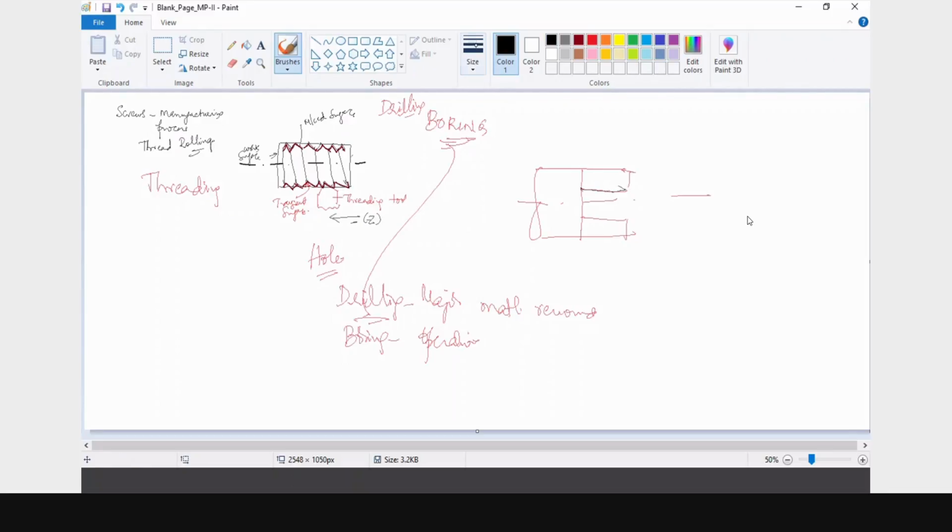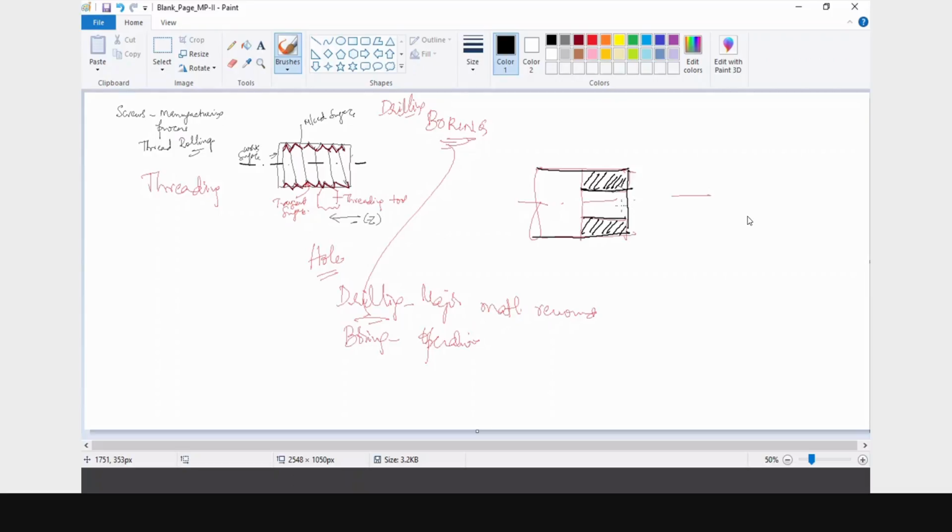This hole is being made, and this will be the surface. If I try to make a section, this will be like a section. So here whatever is the tool which is going to come, this will go inside.